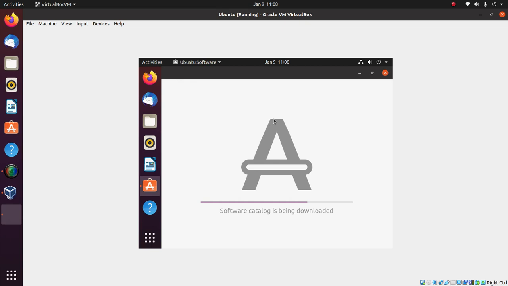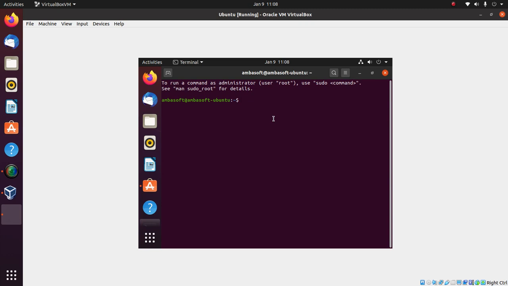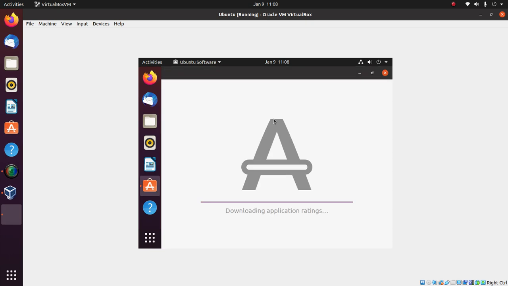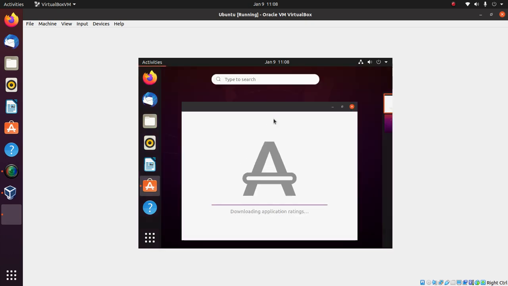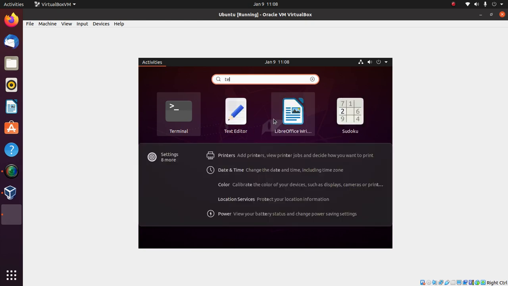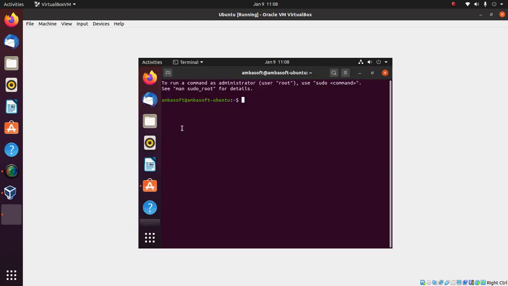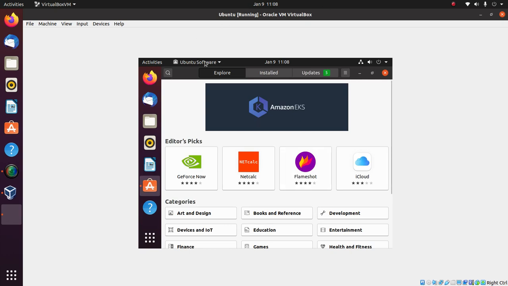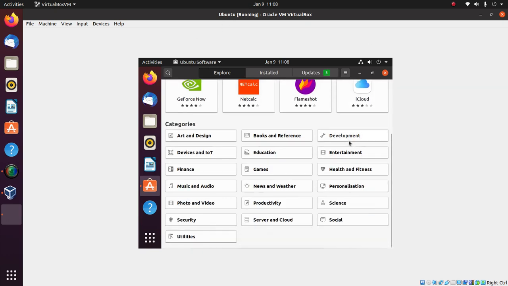Right. If you want to start a terminal or the command prompt in Ubuntu, there are two ways. One is by using the shortcut key Control Alt T. It started. So this is the command prompt. Exit. Another one is using the same Windows key. In the search box, type terminal. Clicking this will open the terminal for you. Okay, so this is for the command prompt. I am exiting it. Yeah, so our Ubuntu Software application is there.